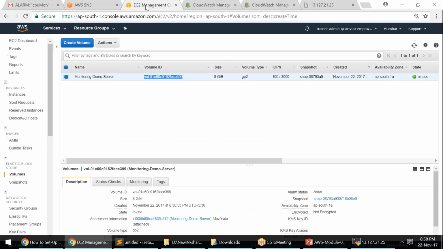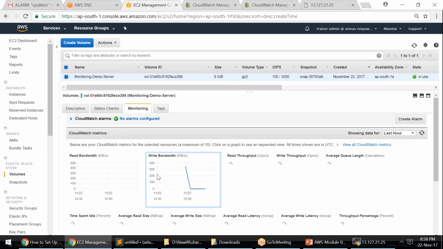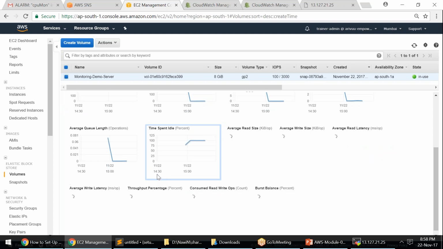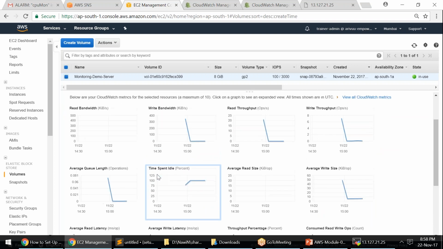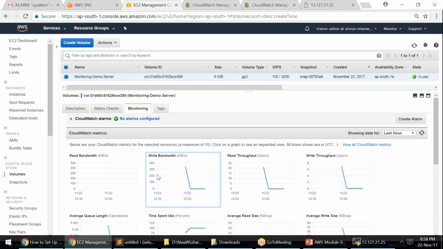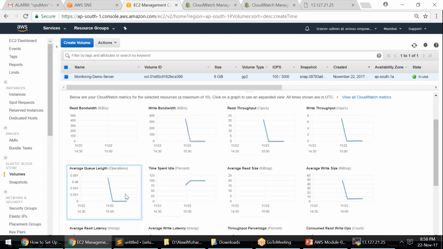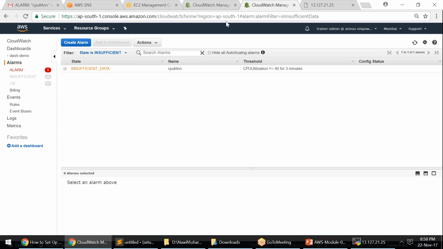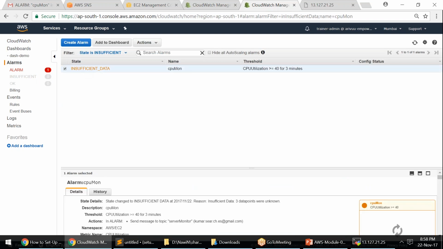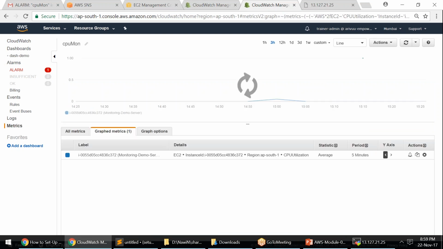If I go to the EC2 dashboard itself and go to the monitoring view, I should be able to see a CPU spike in the utilization part of it. Where is my CPU here? This is the burst balance. This is not my CPU utilization itself. If not, I should be able to see it in CloudWatch itself. Let me just go to my CloudWatch alarm. Yeah, if I click on this,